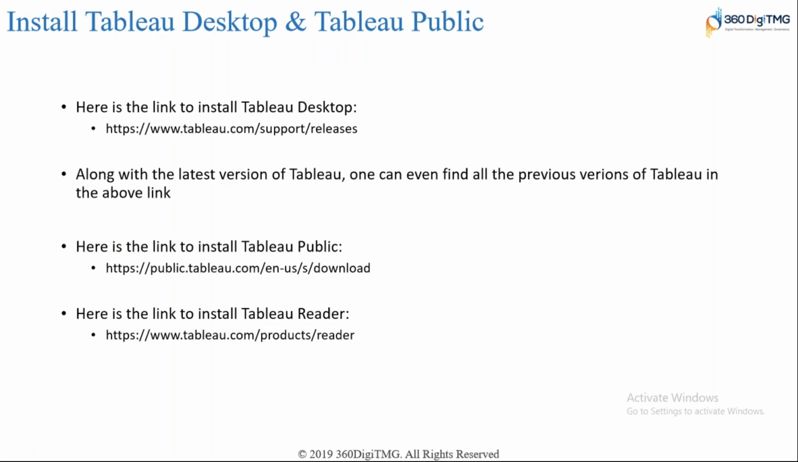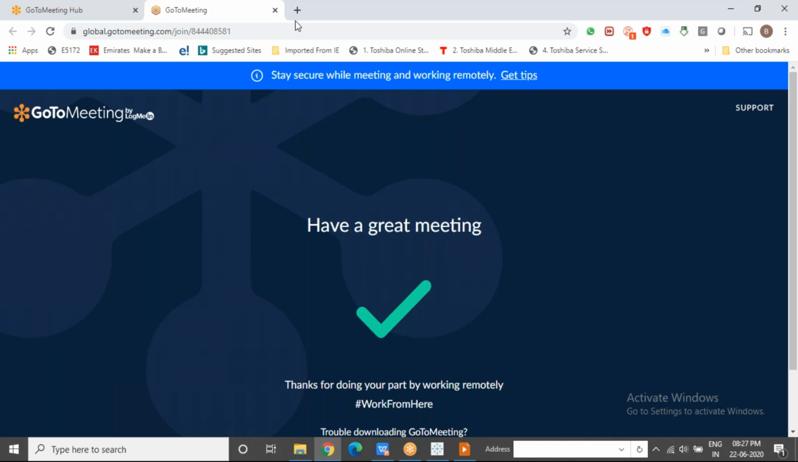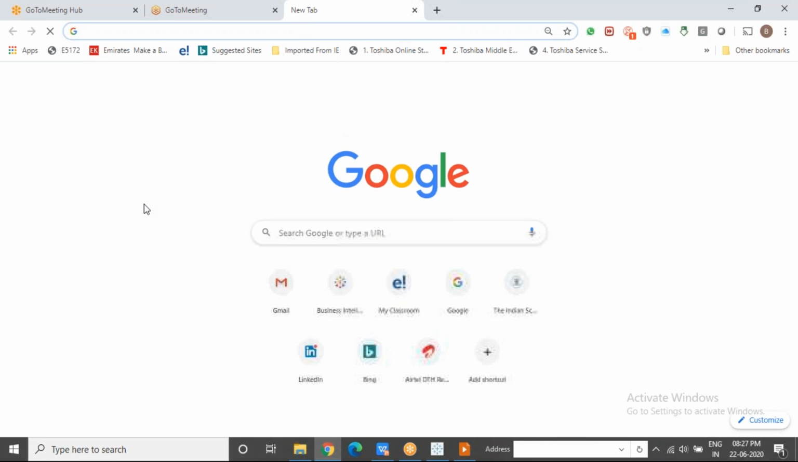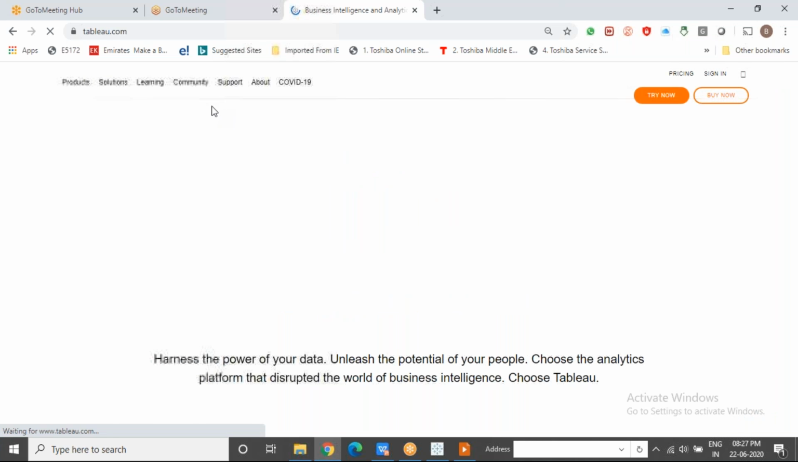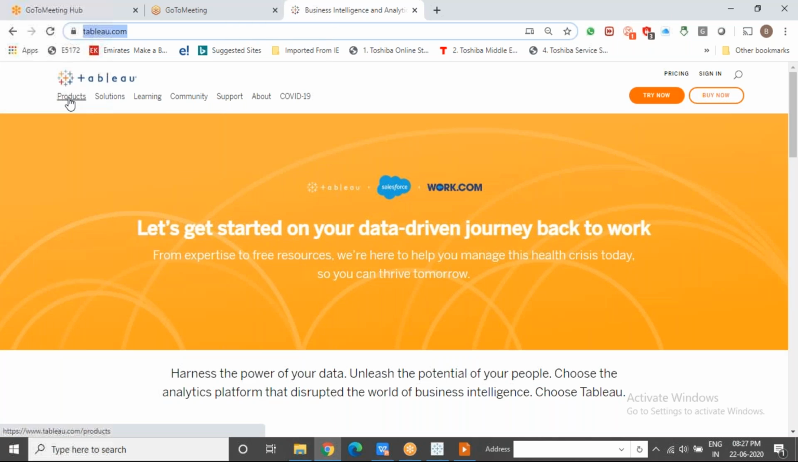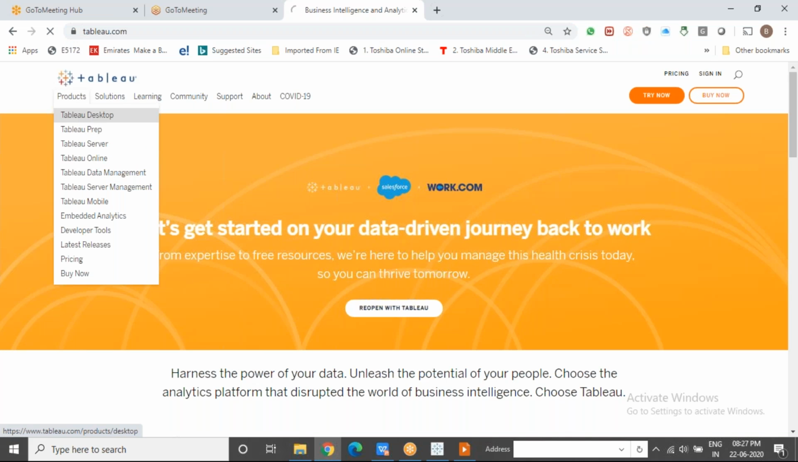Now coming to the most important part of today's discussion, which is how do you install Tableau and where do you install Tableau from? You can go to Tableau's official website, tableau.com, and here you can see the list of products being offered by Tableau. All right, we are interested in Tableau desktop. So suppose you go to Tableau desktop